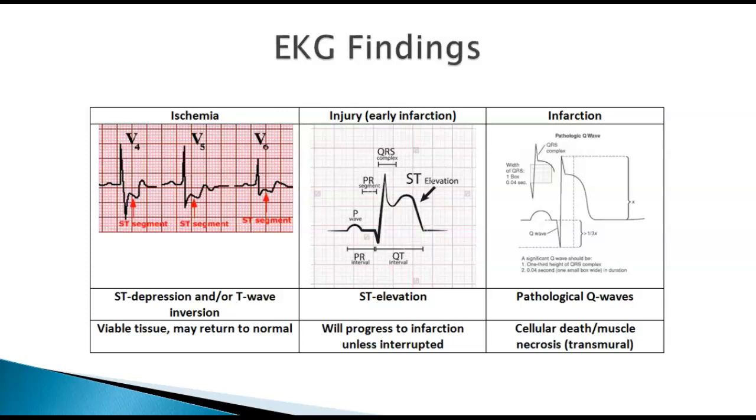Other things we're looking at in the very first picture is ischemia. If you have ST depression or T-wave inversion, that is ischemia. So they're getting ready to have ST elevation. Depression is early. Also, when you're looking at your 12-lead EKGs, if you have ST elevation in your inferior leads or the right side of your heart, you're going to have depression in your lateral leads, which is the left side of the heart. That's why we look at reciprocal leads. If one is elevated, the other one will be depressed. That's another way of confirming that this is a true MI.